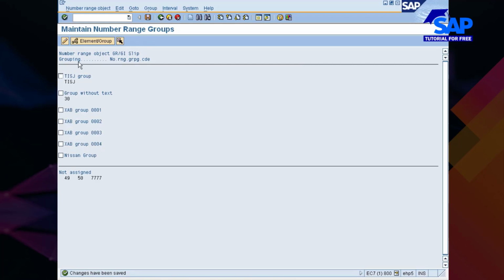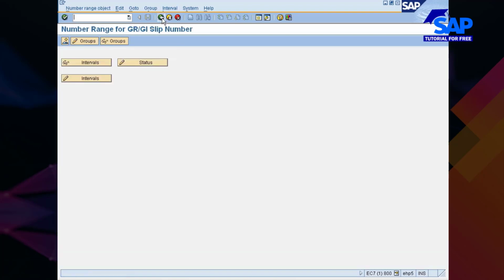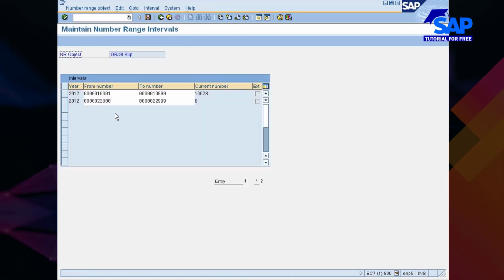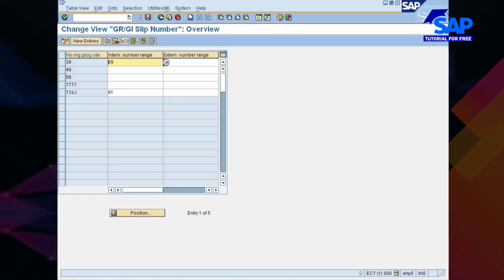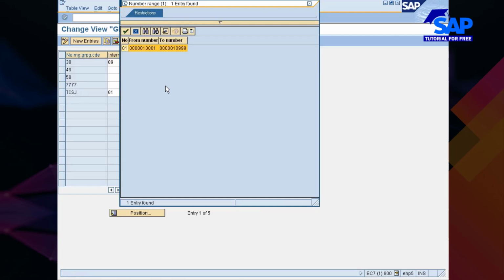Okay, now what you can do is come back, intervals. Let's go with intervals. Okay, so this is your interval, right? This is what I have just created. 2012 is the interval. Okay, now go with this. So for your 777 number range interval, if you want to go with this 01, this is the number which will be picked up.